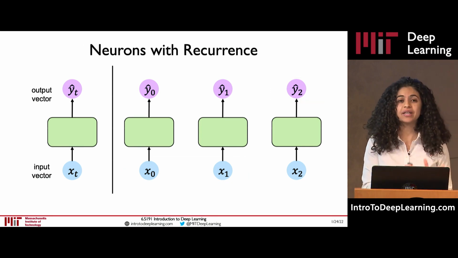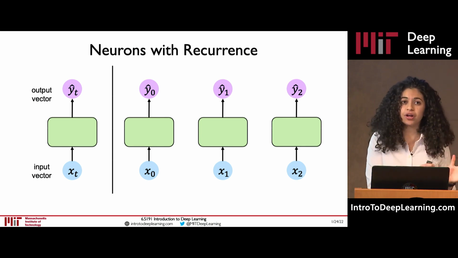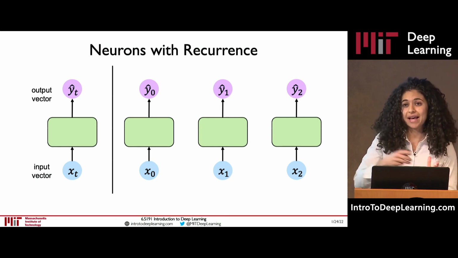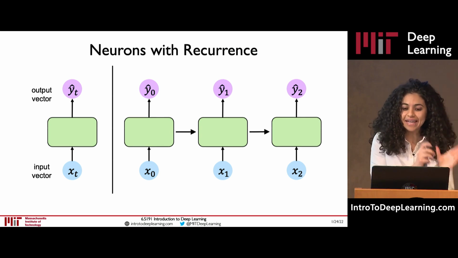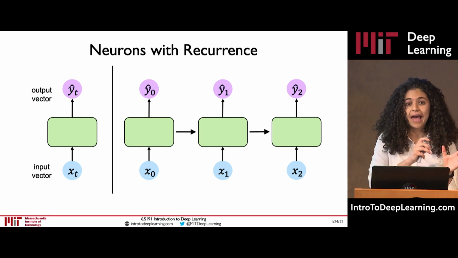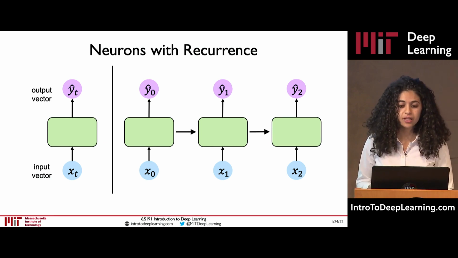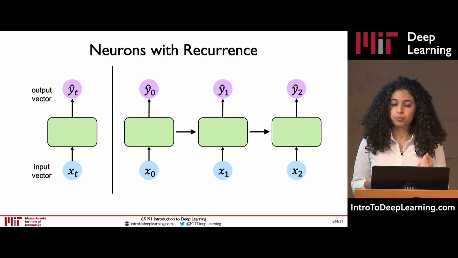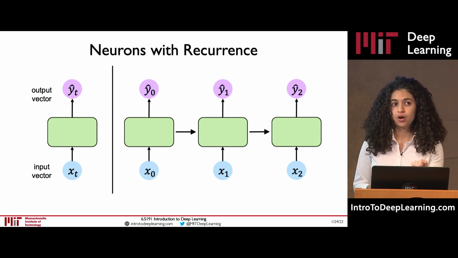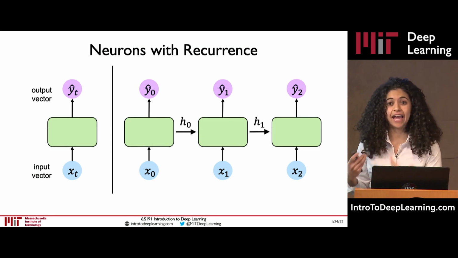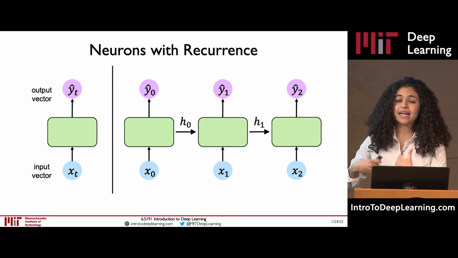What we need is a way to relate the network's computations at a particular time step to its prior history and its memory of the computations from those prior time steps, passing information forward, propagating it through time. And what we consider doing is actually linking the information and the computation of the network at different time steps to each other via what we call a recurrence relation. And specifically, the way we do this in recurrent models is by having what we call an internal memory or a state, which we're going to denote as h of t. And this value, h of t, is maintained time step to time step, and it can be passed